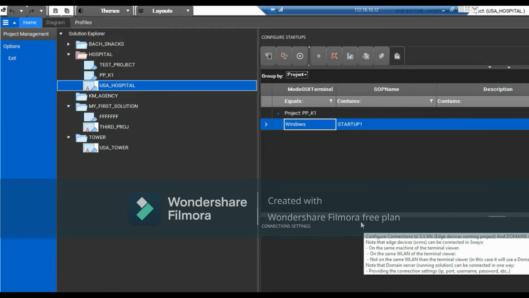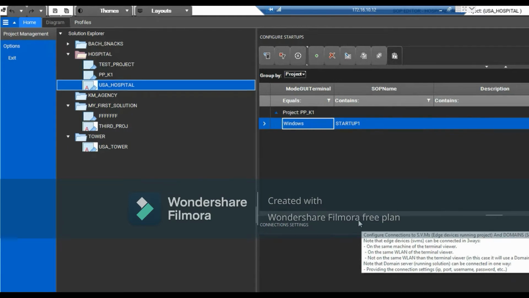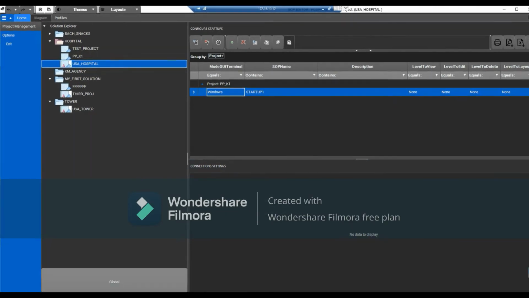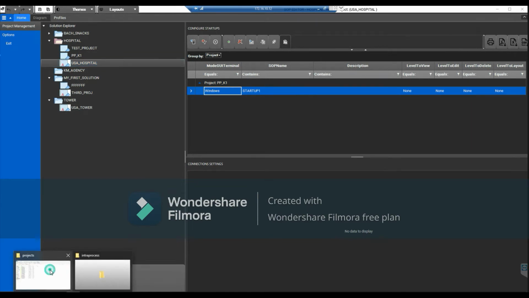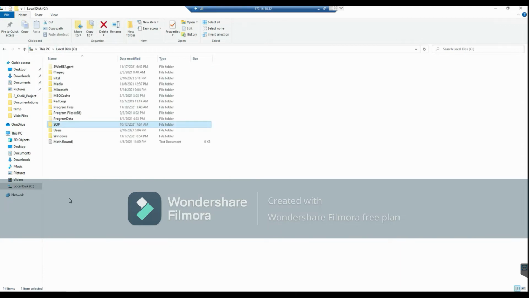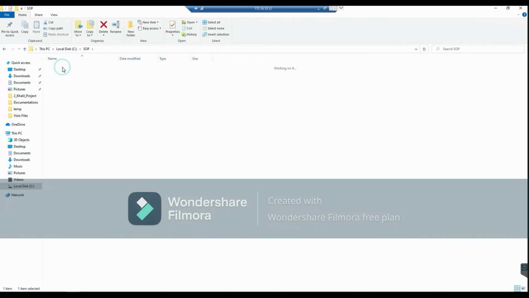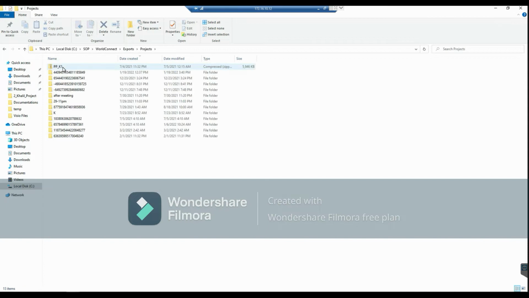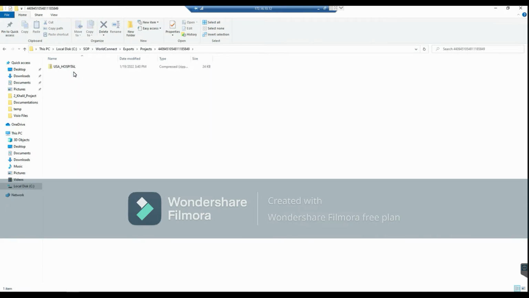Now let's take a look at our exported project. In SOP Platform, the default location of exported projects is C, SOP, World Connect, Exports, Projects. In the Projects folder you will find a folder for every exported project. In every one of them, there is a zip file that has the project name. To import your project,